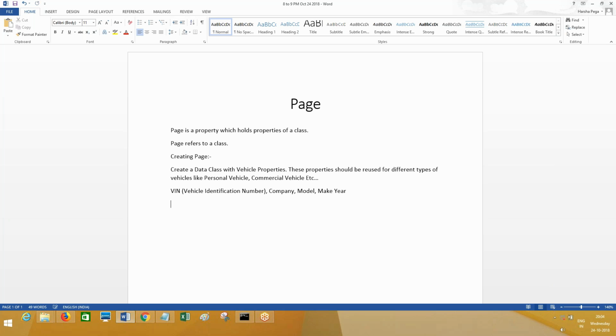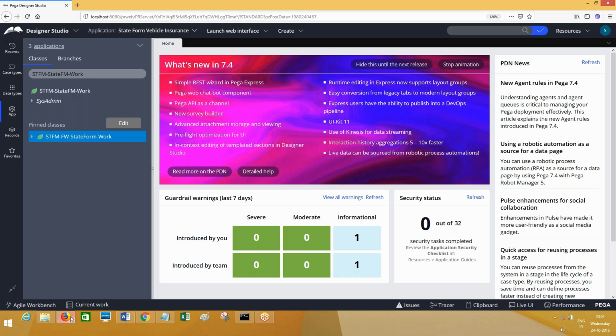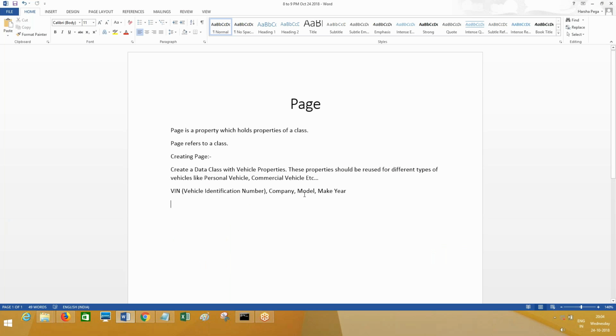These are the properties related to a vehicle. Now these properties I have to create in a separate class. If I want to reuse them in pages, you should have these properties created in one class. From there, you can reuse them in different pages. This is just an example, just part of a business requirement.